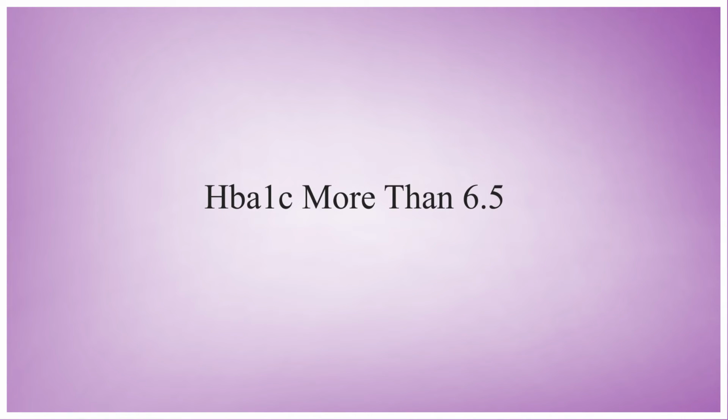months. So coming to the criteria, if the fasting blood sugar is more than 126, or in a non-pregnant individual, if the post-glucose blood sugar is more than 200, then you can label the patient as diabetic. Similarly, with an HbA1c value more than 6.5, you label the patient as diabetic. In pregnancy, the criteria will be different, but these are the common criteria which we use for the diagnosis of diabetes.